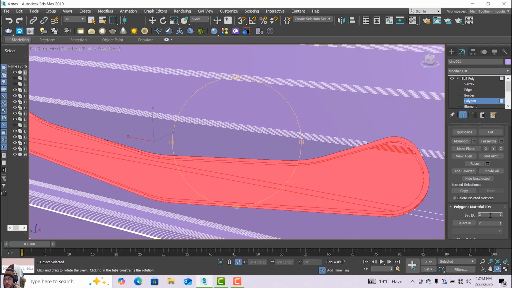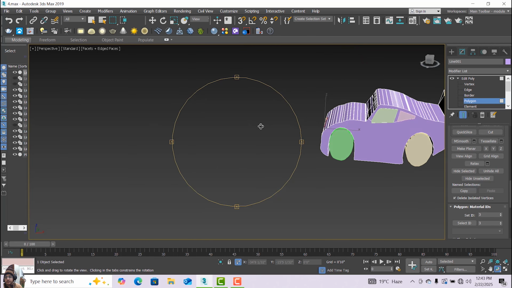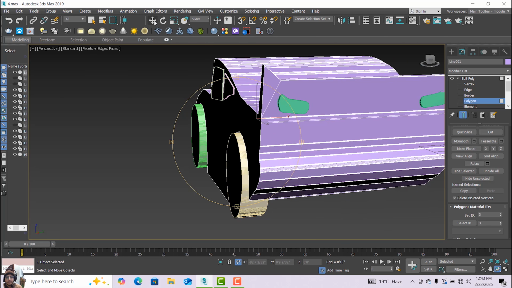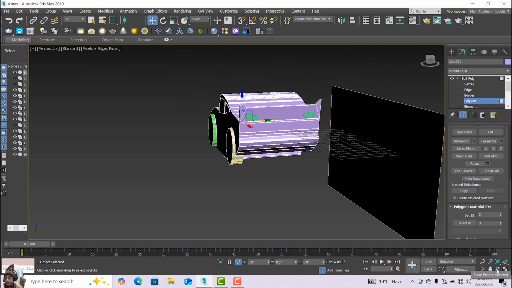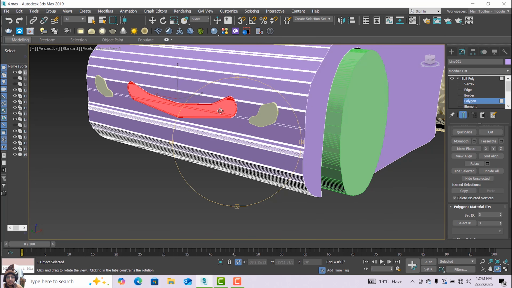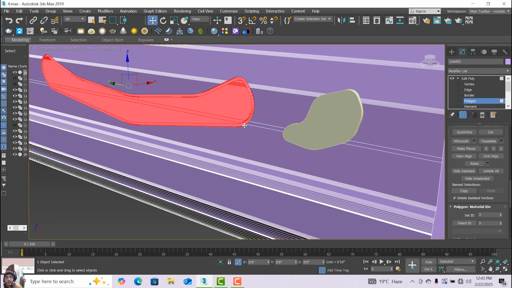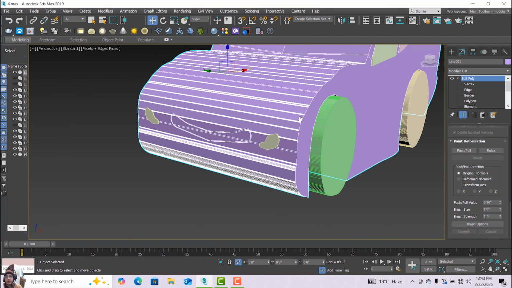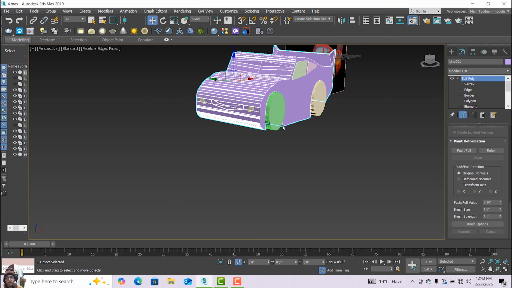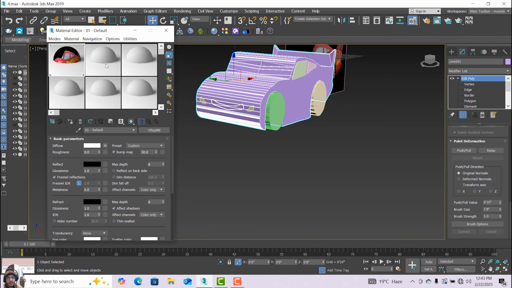Set as material ID 3. Now I'll apply the materials. First material, go to the rendering, material editor, compact material editor, select from here second slot